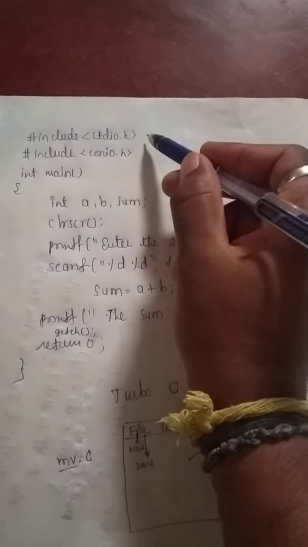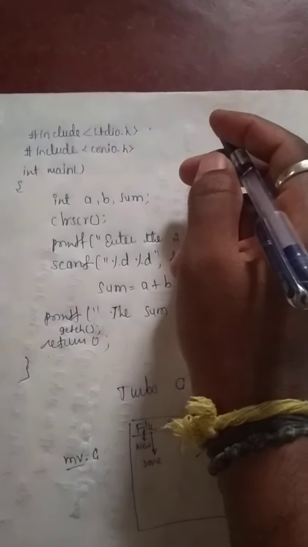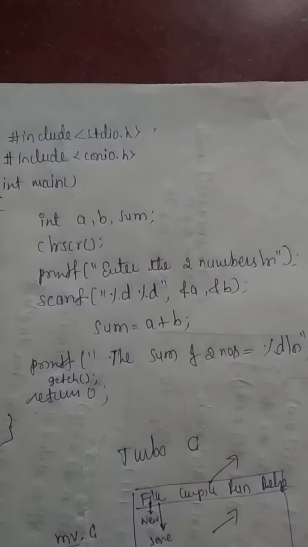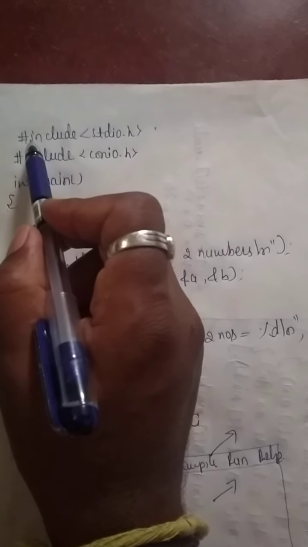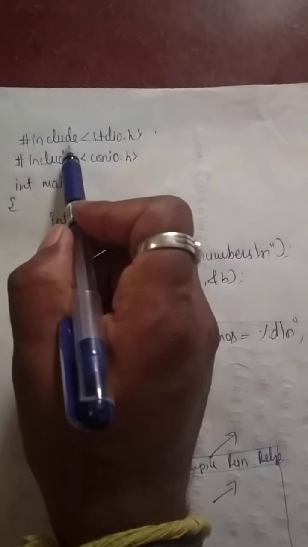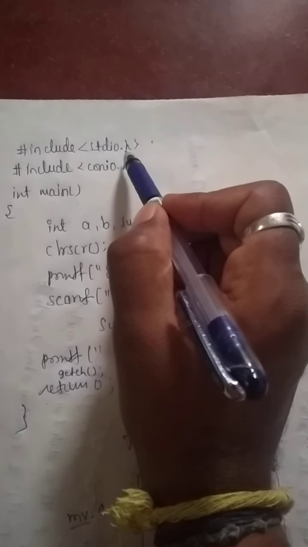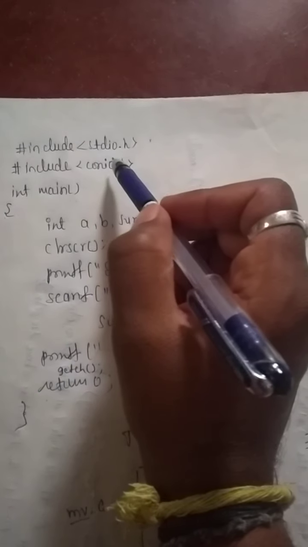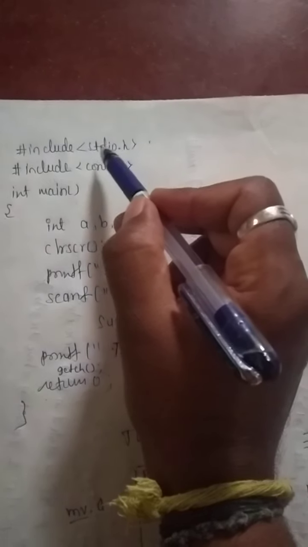As per the structure of the program, we declare the header files on the top: #include <stdio.h>, #include <conio.h>. What do you mean by #include <stdio.h>? Hash is the symbol, the first symbol we use for writing C programs. Include is the keyword which includes the header files in your program. Header files always have .h as the extension. Here stdio means standard input output header file.